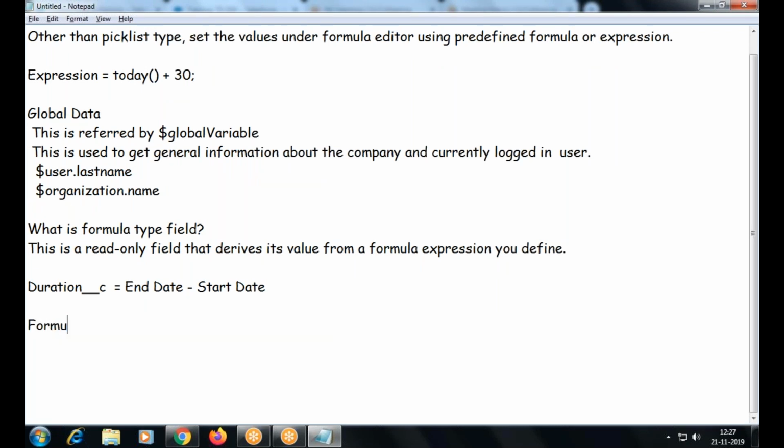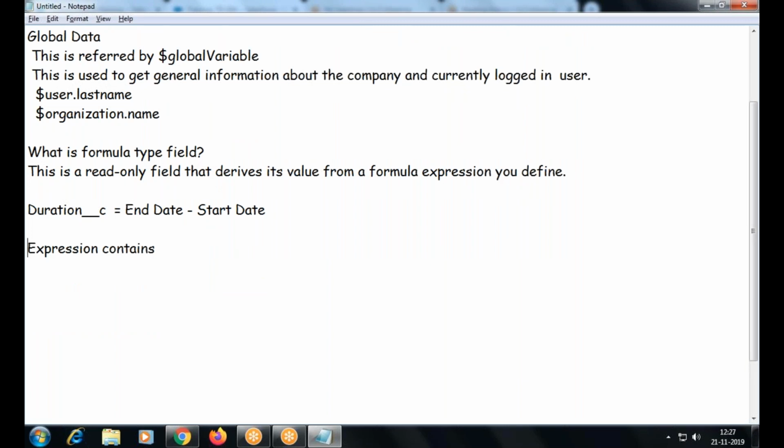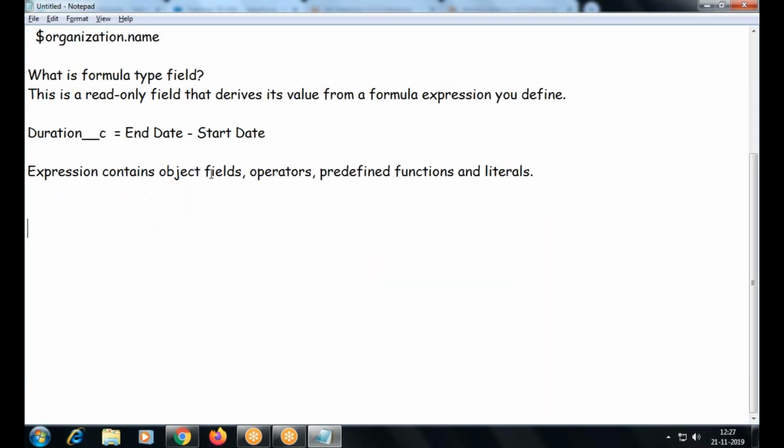So the expression contains object fields, operators, predefined functions, and literals. What is a literal? The constant value. It may have any type of this value.